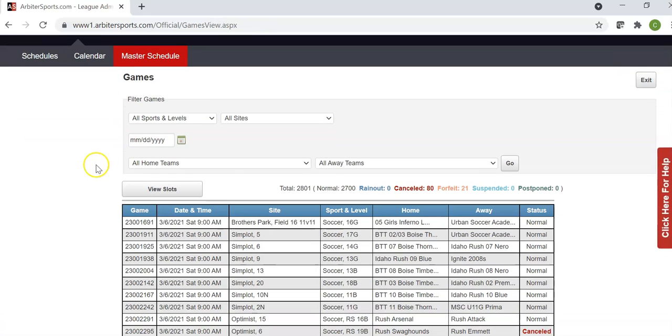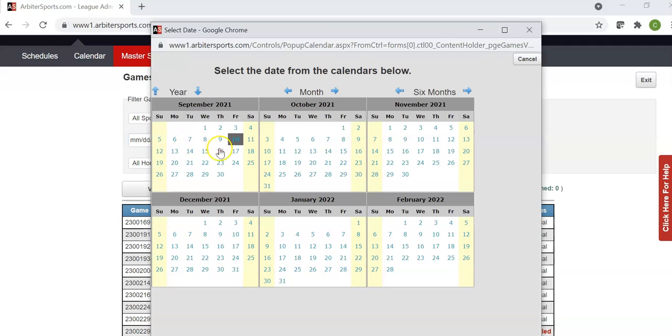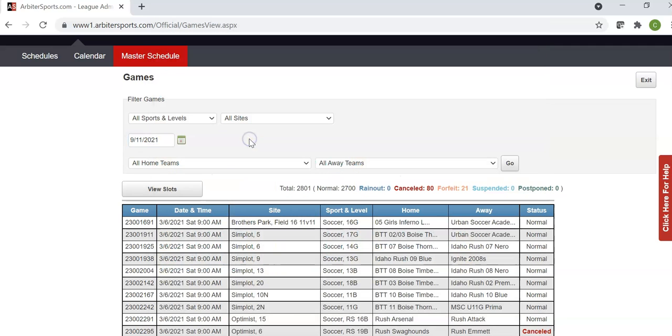When you click on the master schedule, you can actually sort this by various types. You can go by date, which is what I recommend you use, or you can use these drop downs to find home and away teams. I would prefer doing the date. I find that easier. So you can either type in the date or click this little calendar icon and select a date. I'm going to choose tomorrow, which is September the 11th. Once I've selected the date, I can hit the go button, which is right here,